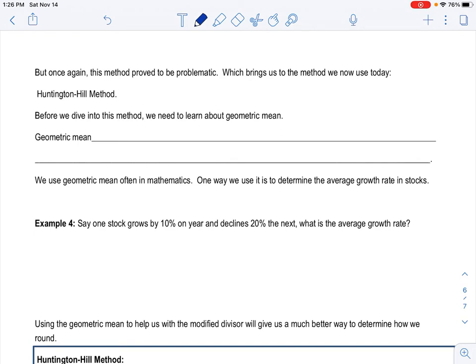I do want you to understand what we're doing with the geometric mean, because we use it in Huntington-Hill's method. If you go into statistics, you'll learn more about this, but for this class I just want to give you the definition so you can hopefully understand it a bit better in the context of this method. So the geometric mean is a special type of average, or what we like to refer to as the mean between two